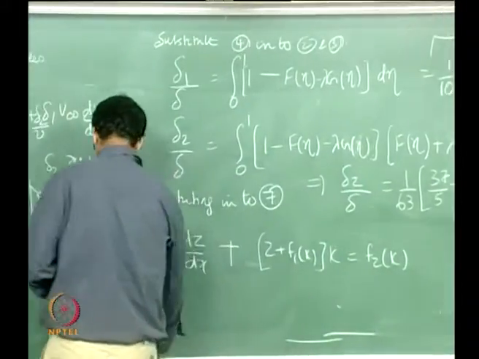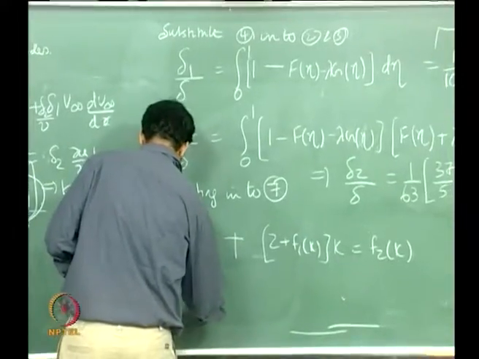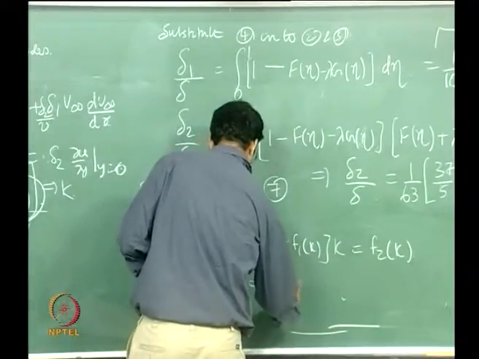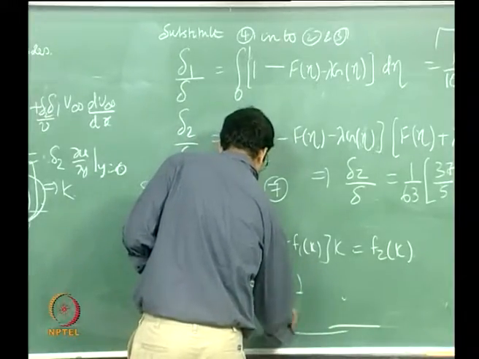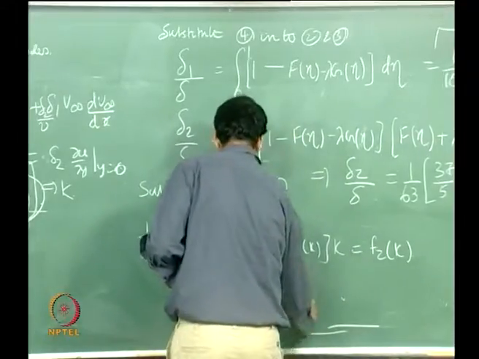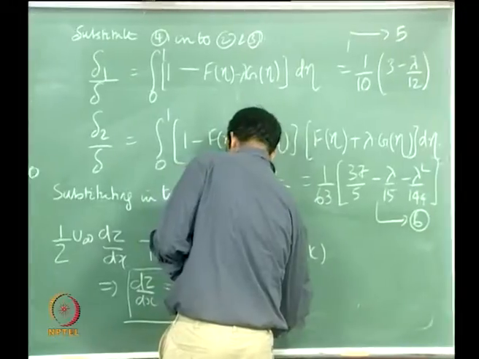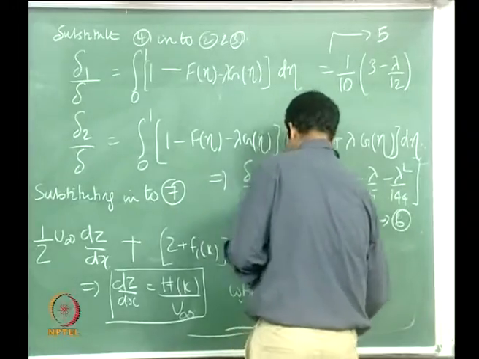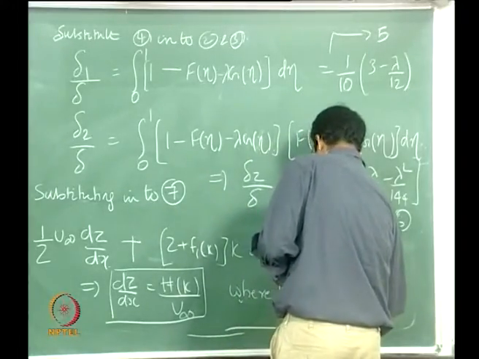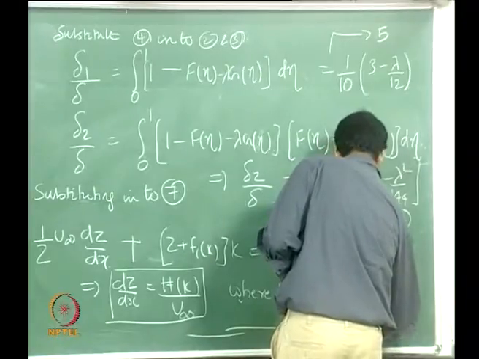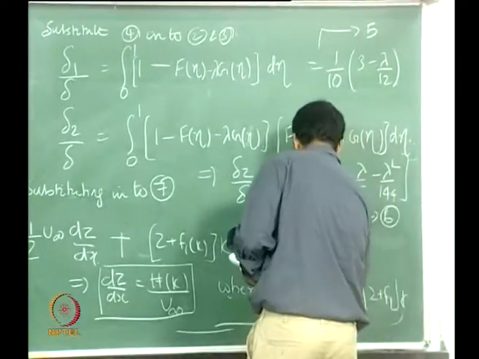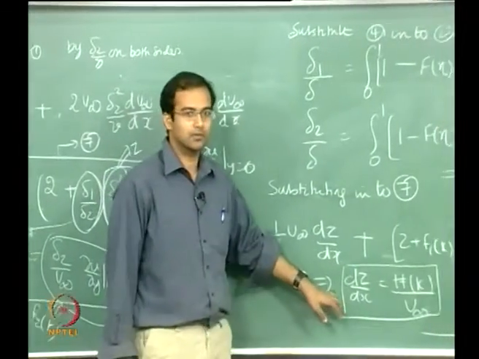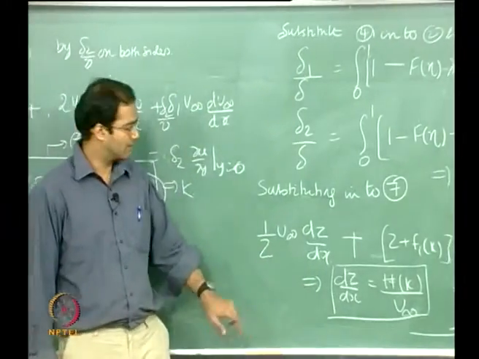Okay, now k is a function of lambda, so therefore this can be written as dz by dx is equal to h of k by u infinity, where my h of k is nothing but 2 f2 minus 2 times 2 plus f1 into k. Okay, so this is the final ordinary differential equation that I have to solve, in order to get the